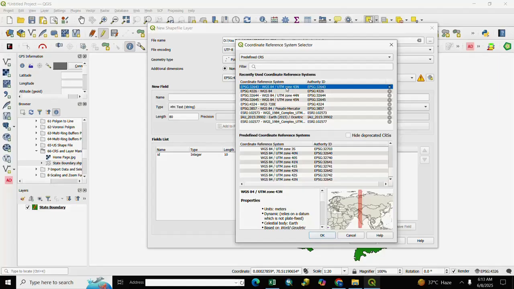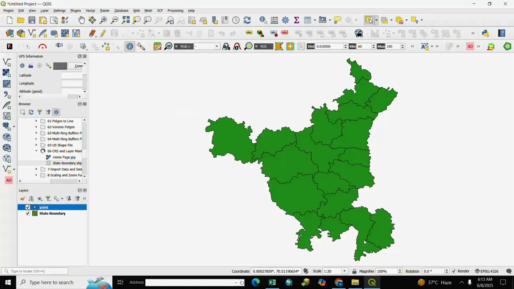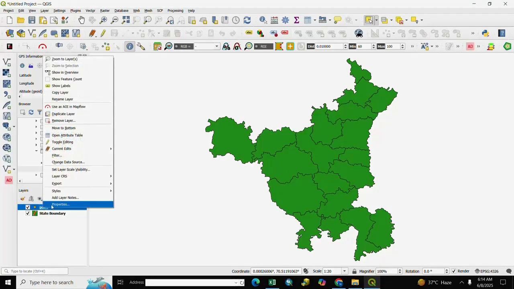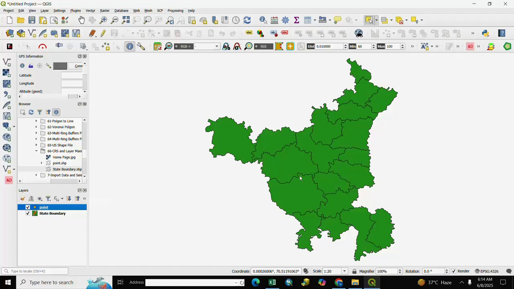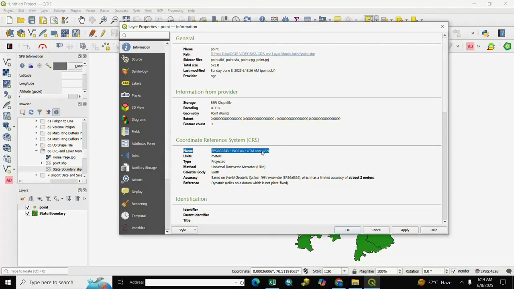We select UTM projection, then OK and OK. You right click, go to Properties, and you see here the coordinate reference system. Our coordinate reference system is 43 north.